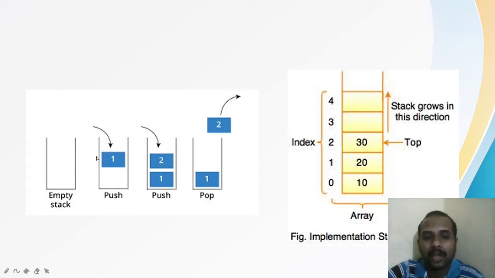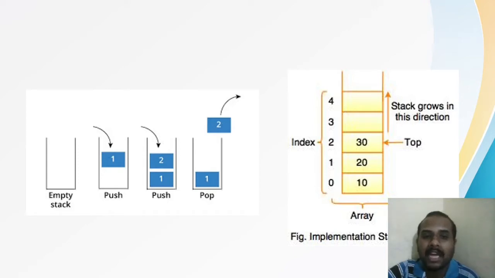For the push operation, here I am pushing the first element into the array, that is 1. Next, when I push the second element, that is 2, it will be placed on the first element. So 1, then 2. Now when I am popping out, or deleting, or providing the service, the top element, the element which came last, should be provided the service first. So here 2 will get deleted first.